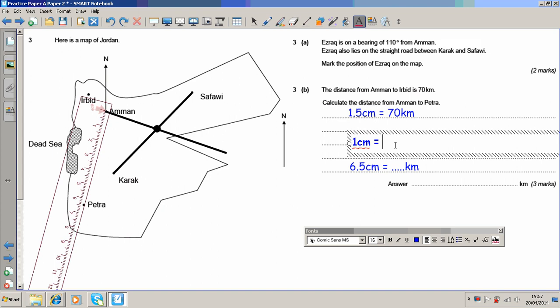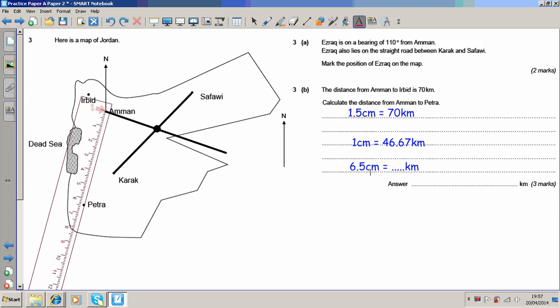So 70 divided by 1.5 will tell me what 1 centimetre is worth. So for me that's 46.67 recurring kilometres. So now to get 6.5 I times by 6.5 and I get my answer, which for me is 300.3